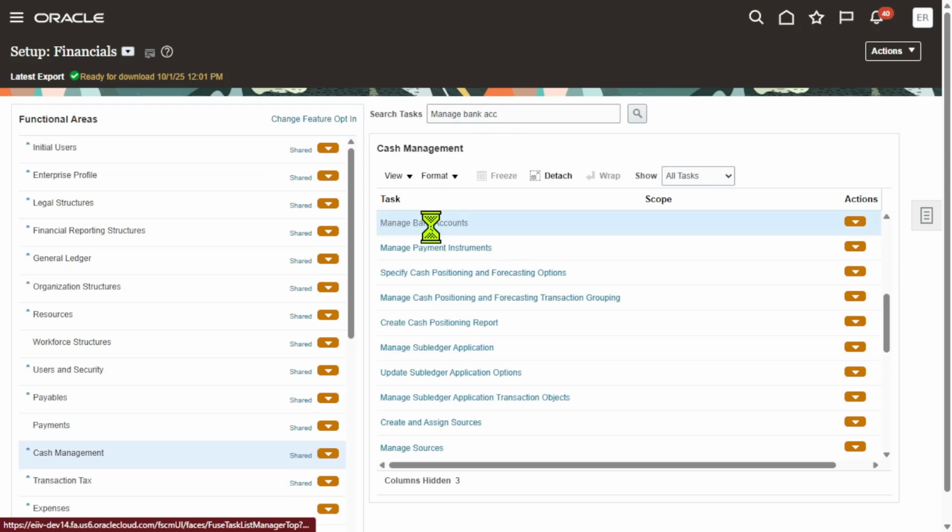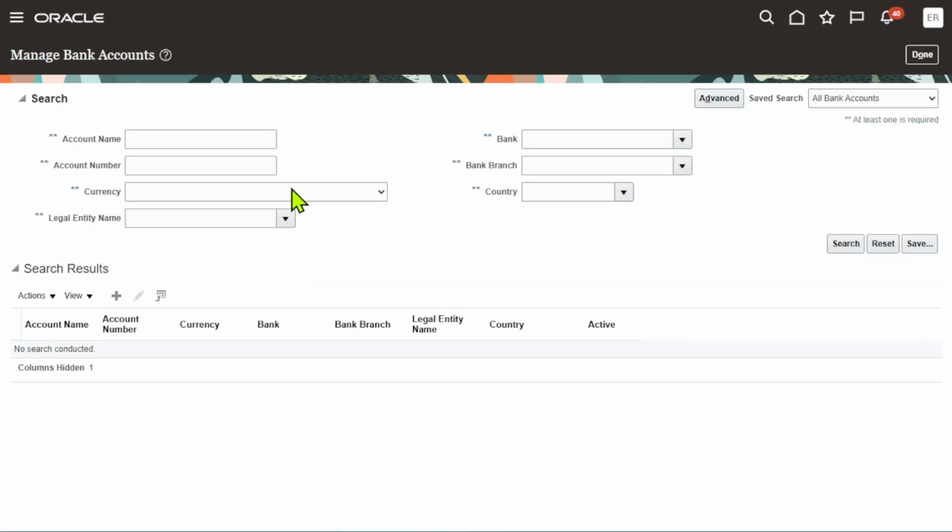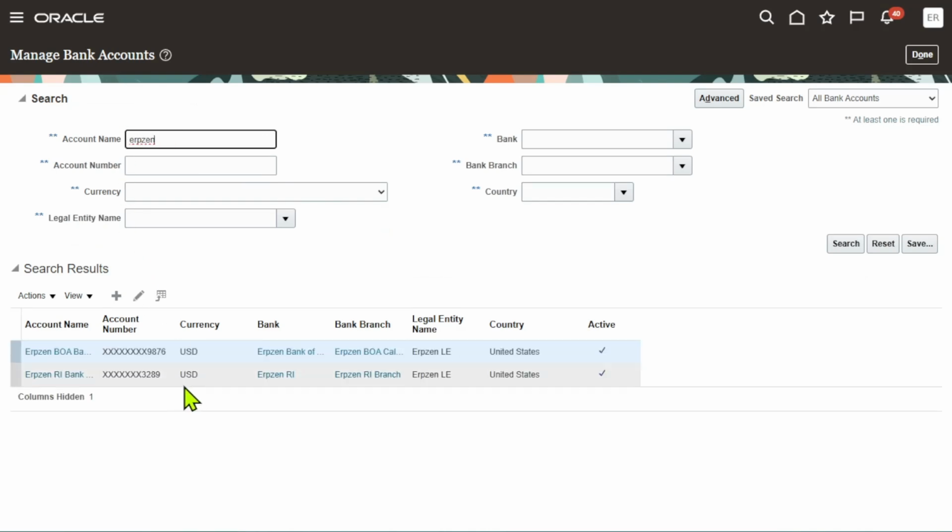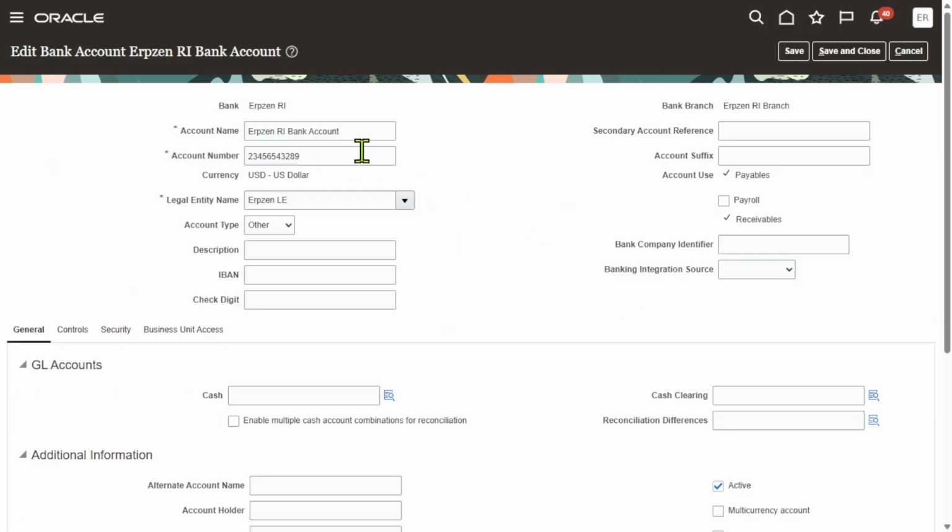Click on manage bank accounts task. Now search for your bank account, ERPZEN bank account. This is the one. From here you can get the bank account number,